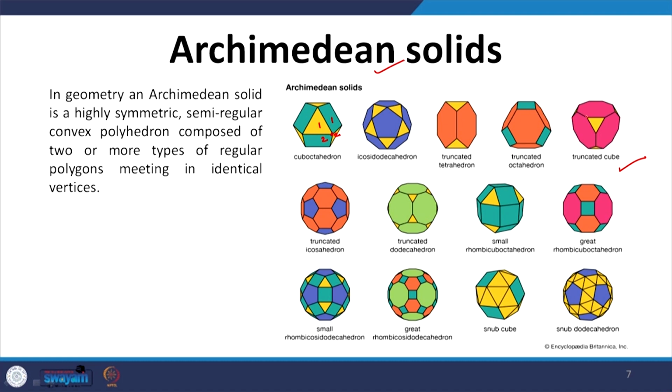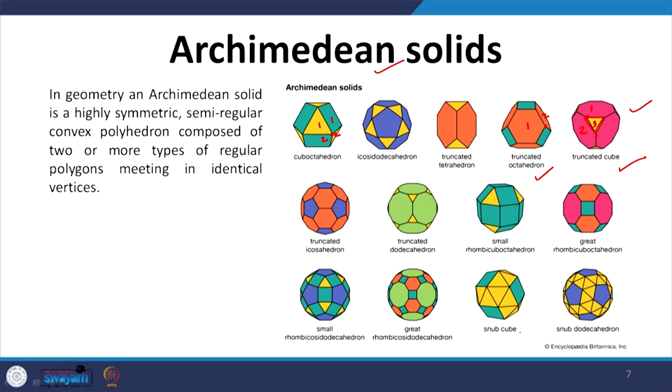Now, if the corners of the cube are cut, at each vertex we will have two octagons coming together, and we will have an equilateral triangle. This is what we derive out of a truncated cube. A truncated octahedron will have two hexagonal faces and one square face coming together. These are 13. So, if you look at it in detail, we will have 13 different types of